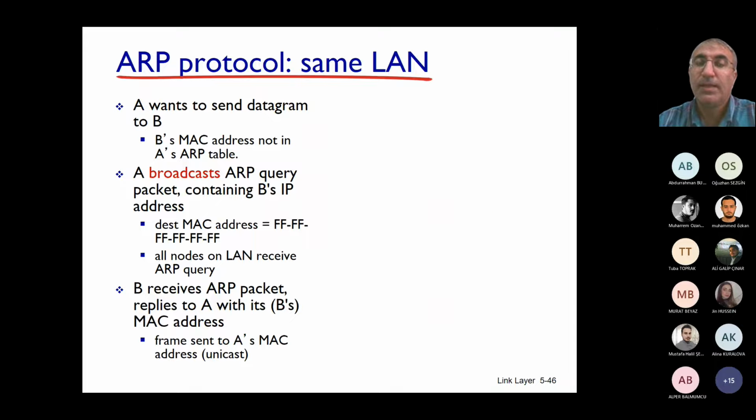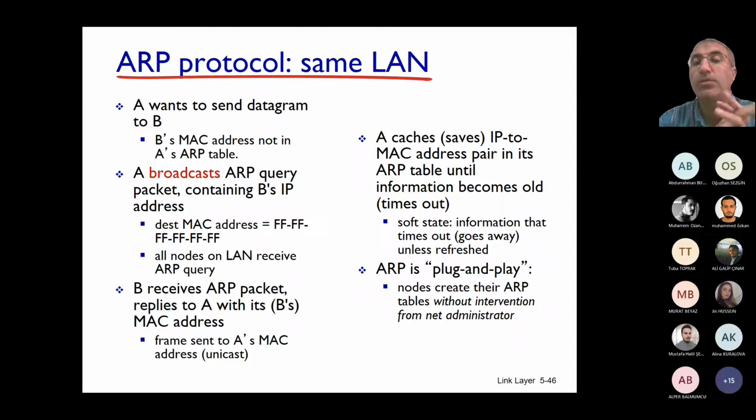Let's say in the same local area network we have two nodes, node A and node B, and node A wants to send a datagram to node B. But the problem is that B's MAC address is not in A's ARP table. So how is node A going to learn B's MAC address? That's the question. Using the ARP protocol, first of all, node A is going to broadcast an ARP query packet to the whole network containing B's IP address,